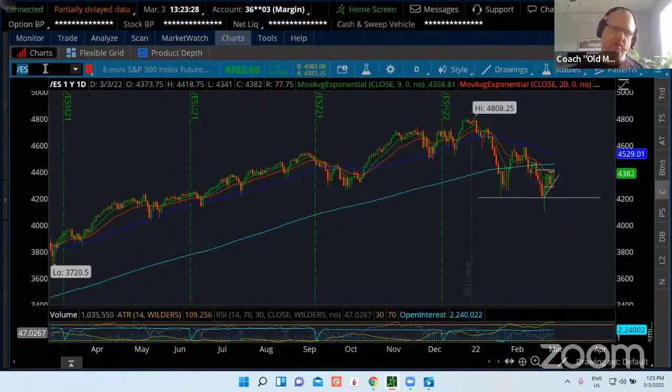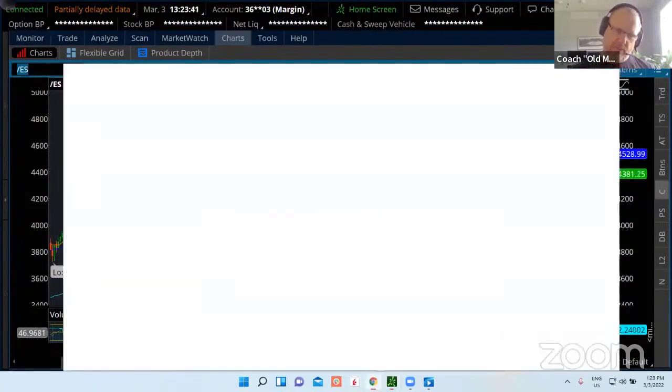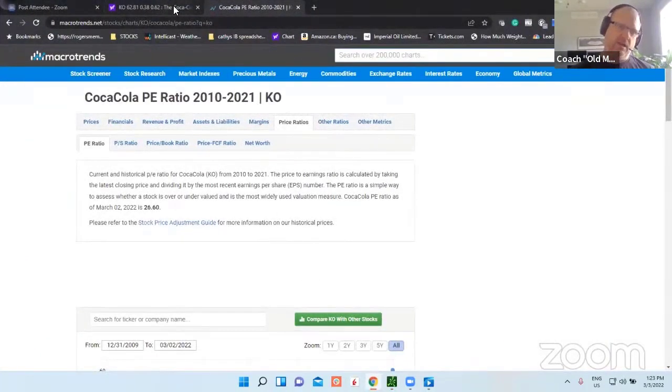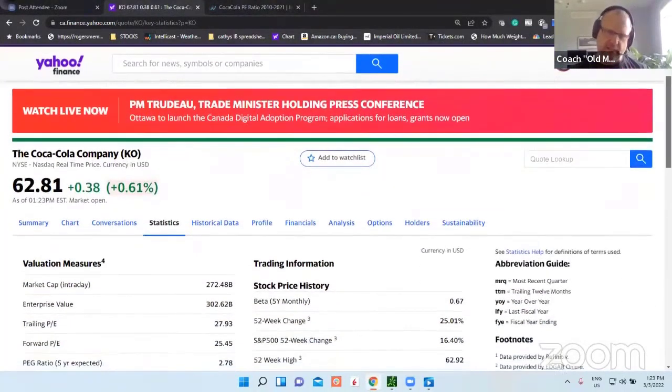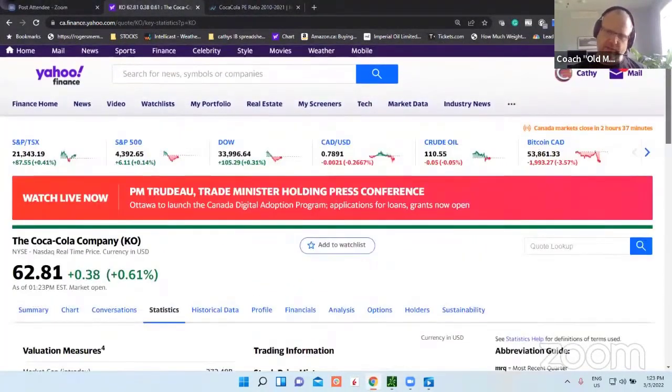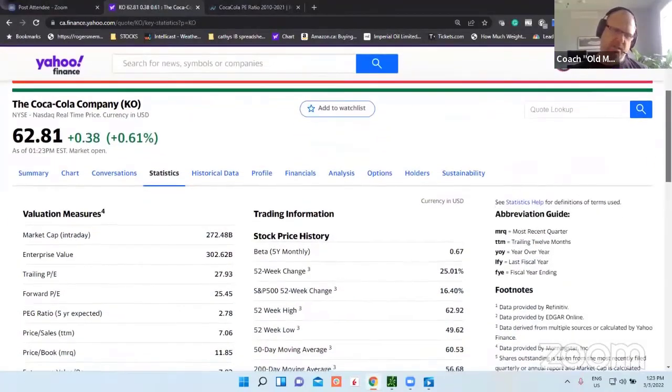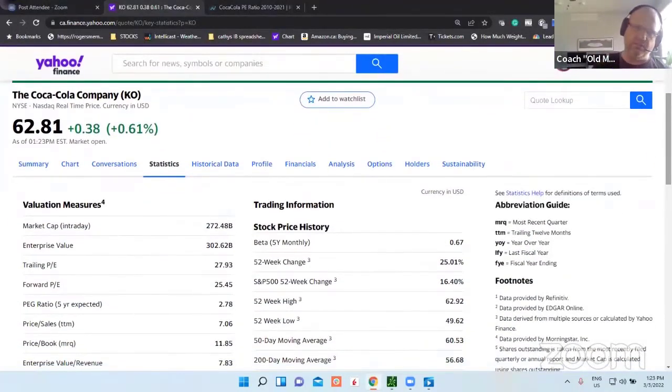But you've got to take that growth rate and match it to the actual business of the company, the actual numbers of the company that you're looking at. And so PEG ratios become very important. Let's go to Yahoo Finance. We've been doing this every week. I always pick on Coca-Cola and Pepsi. They're just companies that I like to compare. When we start looking at numbers, right?